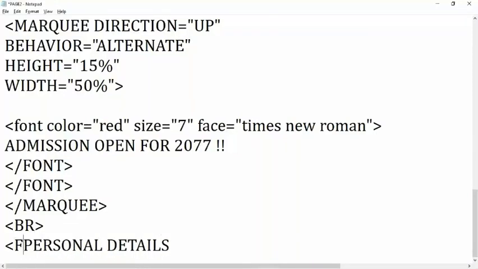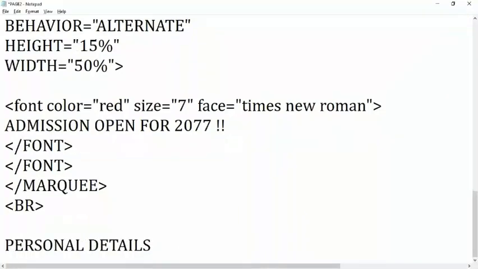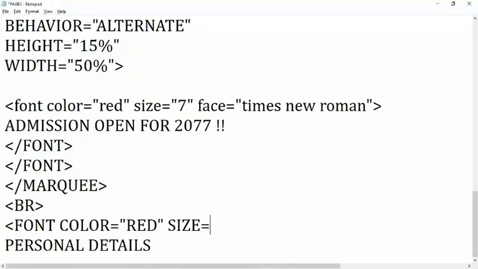And if you want to make it larger, you can use font tag also. If you want to change the color, in the font tag you can specify the color. I want to give here red color. Next, font size, suppose size 5. And next, face also I want to specify Cambria.